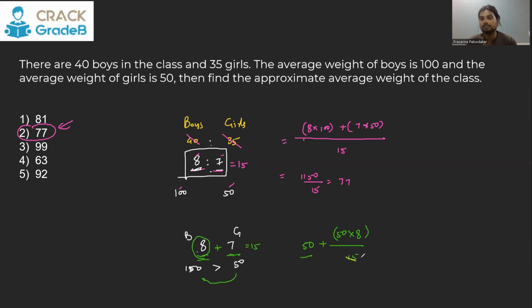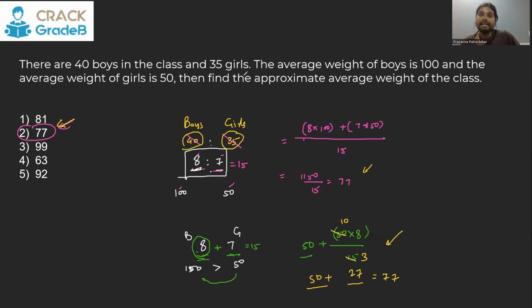So if you try to solve this, 5 is 3 times, 5 is 10 times. 80 upon 3 is approximately 27. So 50 you already give away, 27 you are going to give again. So everybody will now have 77, and hence 77 is the average. So this is how you can solve with the help of chocolate theory or by making an equation. But don't use the actual figure, that unnecessarily will lengthen your process.